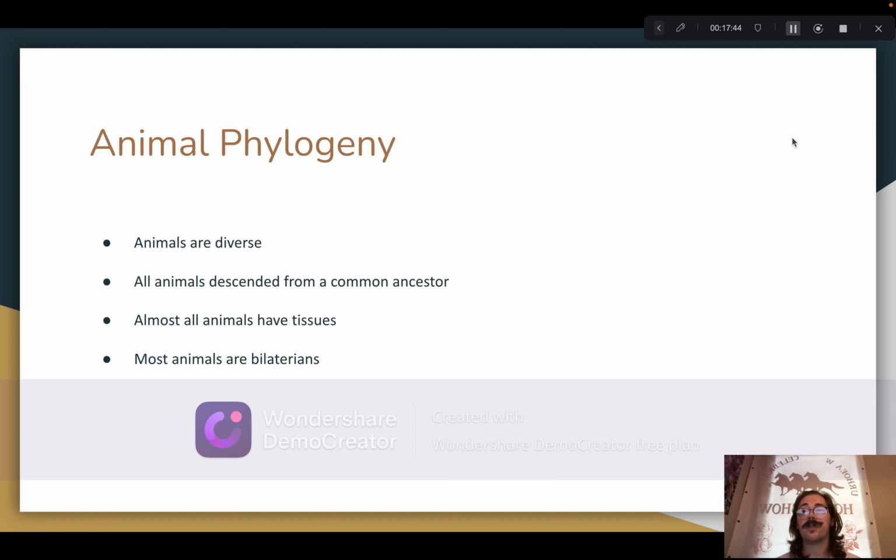In regards to the future of animal systematics, our understanding of animal systematics continues to evolve and is always subject to change with regard to new discoveries. Much of what we know is not set in stone and probably will change at some point.